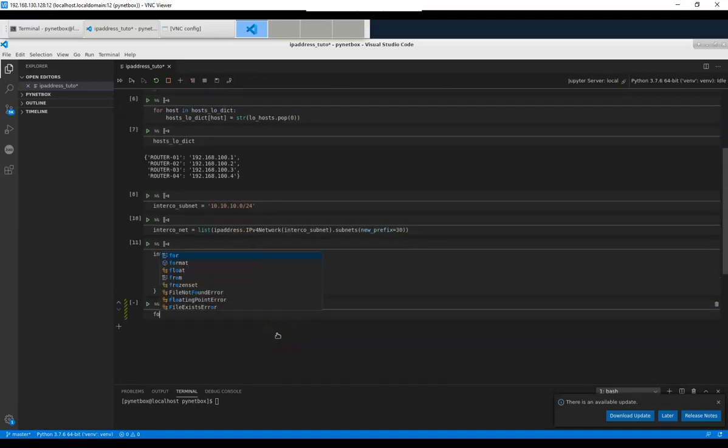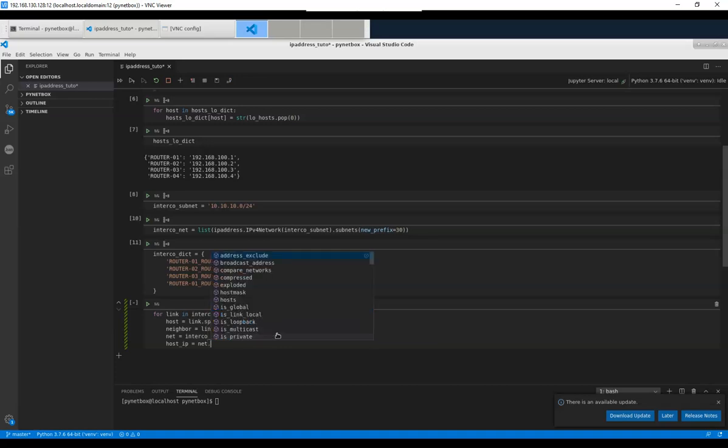Okay, now let's move to my for loop. So for link in my interco dict, here I will look for my host. I will use split with the underscore pattern, and I will take the first item, which represents my host. The neighbor will be the same, but it will be the second element. For the network, I will take the first available subnet, so it will be interco nets pop 0. The host IP, it will be the net, and here